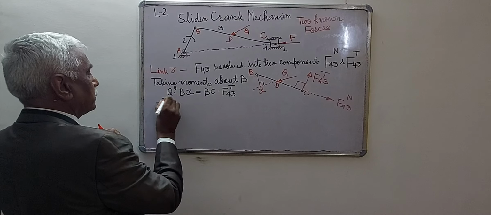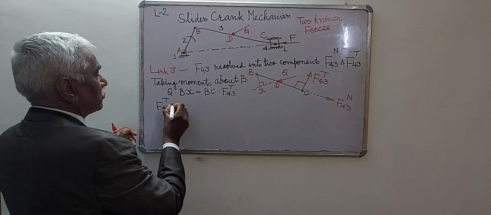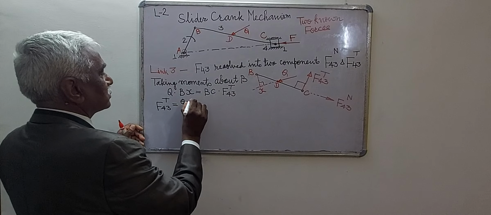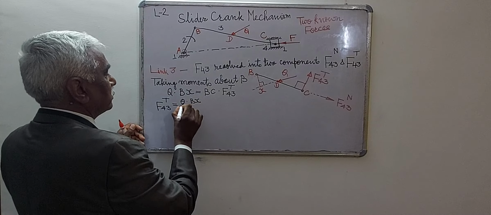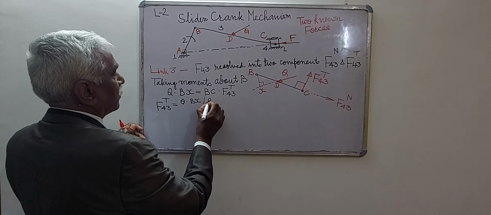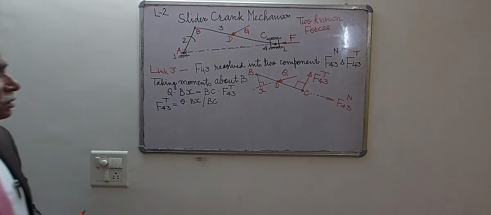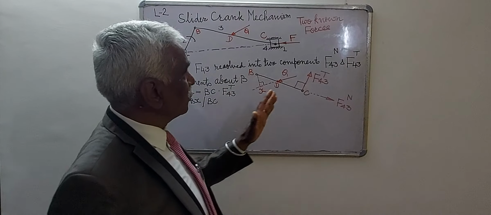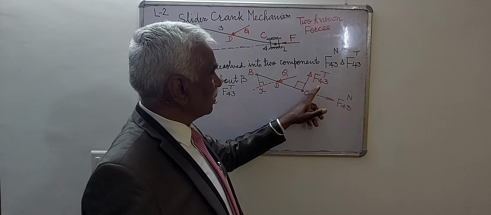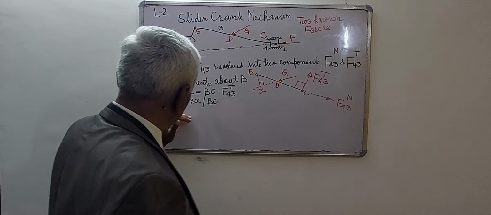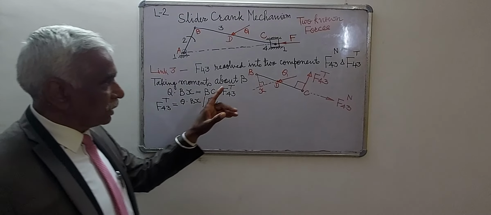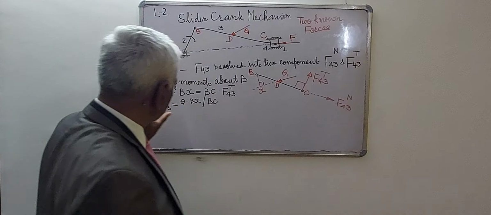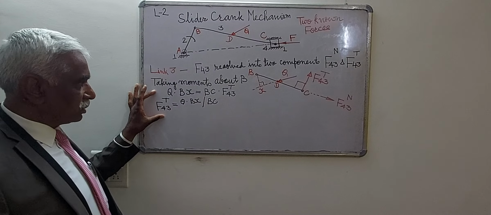F43T will be equal to Q into BX divided by BC. That is the value of F43T. The force applied by link number 4 on link number 3 will be given by this, and the direction is perpendicular to BC. Magnitude can be calculated with the help of